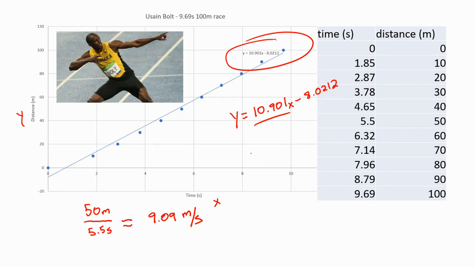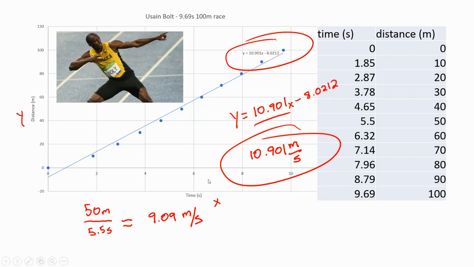In other words, this 10.901 represents y divided by x, or meters over seconds. That's his average speed for the race, which is quite a bit faster than he was at 50 meters into the race. In a chemistry classroom, we use all sorts of derived units, and we're going to focus on just